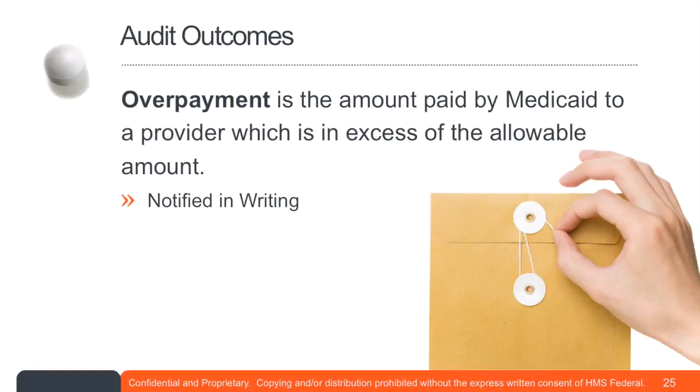So again, any kind of questions you have about that, make sure you communicate those questions. So the pharmacy will be given a certain amount of time to repay that money that was overpaid. And just a couple of scenarios. If the provider is not able to repay that money, the Medicaid or whoever the third-party payer is may recoup that money by reducing future payments to the pharmacy.